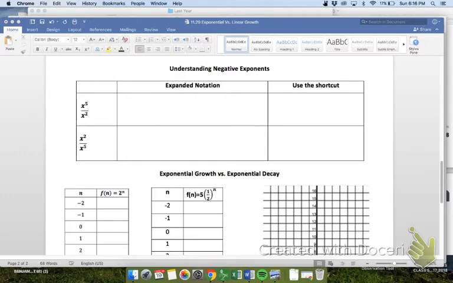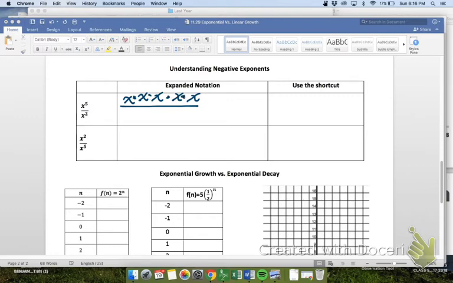The first one is x to the 5th over x to the 2nd, and we can express this in expanded notation by thinking about x to the 5th as x times itself 5 times, so x times x times x times x times x divided by